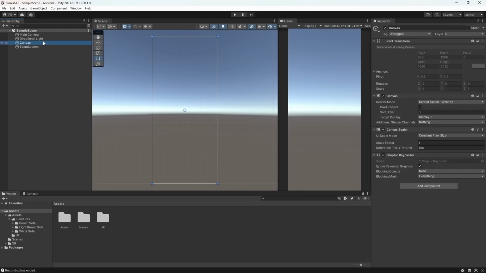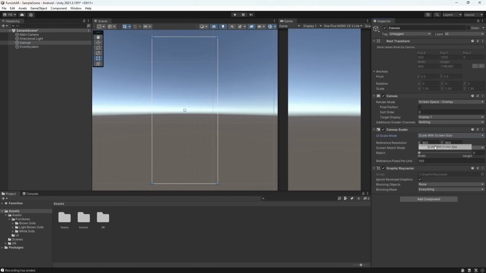Now if we take a look at the canvas, we've got something called canvas scaler. In here, you should be able to find something called UI scale mode. This is a very important thing, okay? Because constant pixel size doesn't really make your UI responsive. So you have to change it to scale with screen size, which is going to help you create a more responsive user interface for your application. Once you've switched your UI scale mode to scale with screen size, the next thing you have to do